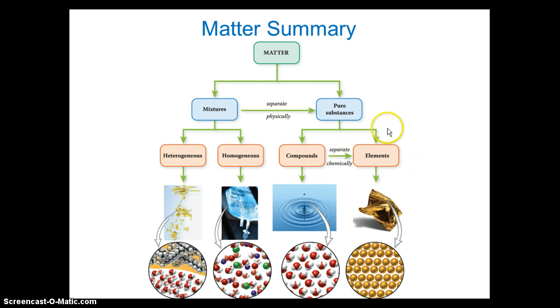You can see elements are made out of pure single atoms. For example, you can see gold foil. Gold foil is made out of all gold atoms. It's uniform. And when you see compounds, for example, water is H2O. You can see red is oxygen and two white ones are hydrogen, and it's made of H2O. Those two elements combined make H2O. So when you separate H2O, you separate it chemically. So we talked about